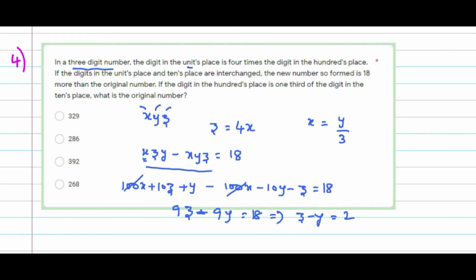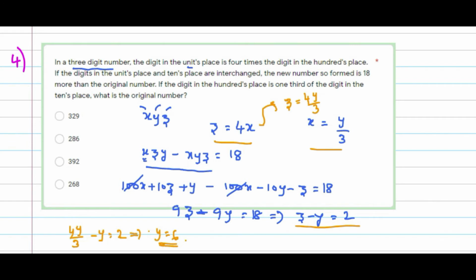Okay. So from this I like to take equations. So here x is equal to y by 3. So let me take one more relation with z and y. So z is equal to 4y by 3. Let me substitute the same thing here. So it will be 4y by 3 minus y is equal to 2. So which implies, if I take LCM, 3, 4y minus 3y, it will be y by 3 is equal to 2. So y is equal to 3 into 2, it is 6.